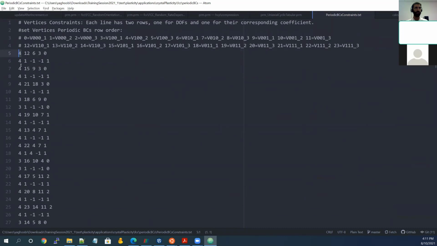vertices part, you have 4 and you have 3. So you may have actually linear constraints, which has only 3 degrees of freedom playing in that constraint. So each of these has 2 lines. One is the number for the vertices, like how many degrees of freedom are playing in this linear constraint. The second one is which degree of freedom are actually active on the first line. So for example, number 12 belongs to V110, and 1 defines the degree of freedom along